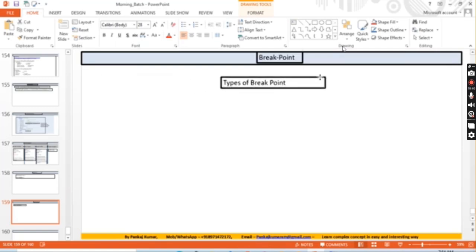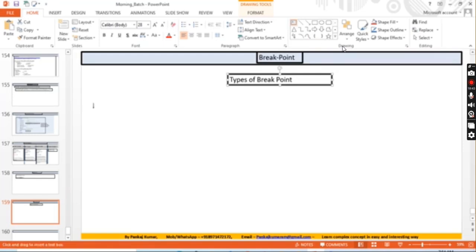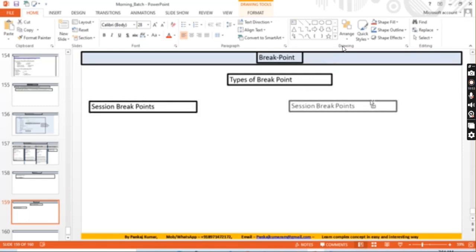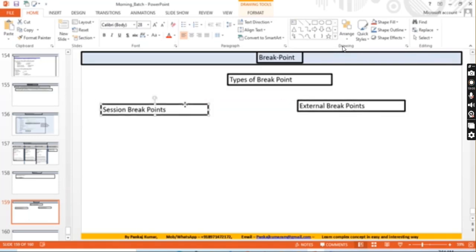Under the types of breakpoint, we basically have two types of breakpoints. One is the session breakpoint, and another is the external breakpoint.